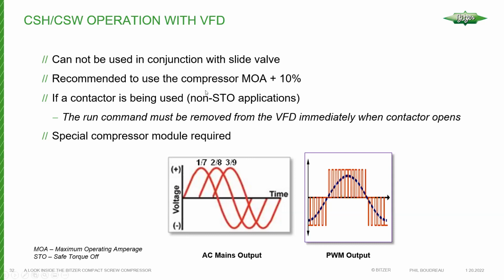In order to size the drive, we recommend using at least the maximum operating amps for screws, but our recommendation is to take the maximum operating amps and add 10%. So you've got a little bit of safety factor. A little bit of safety factor is always good. We need to allow for pull down, everything else. But the maximum operating amps of that compressor is basically the maximum amperage